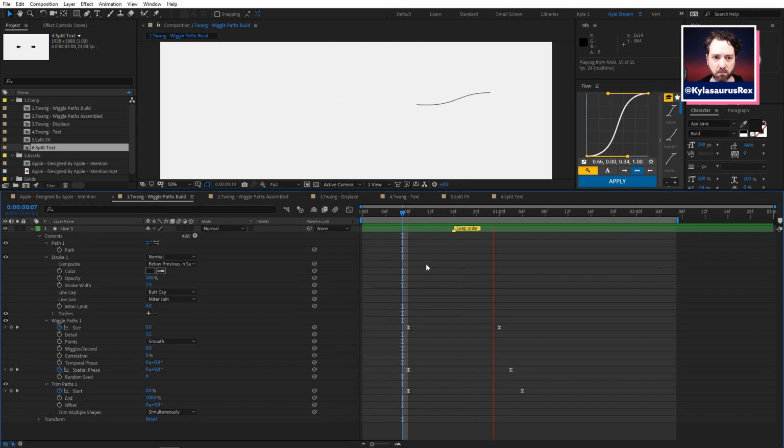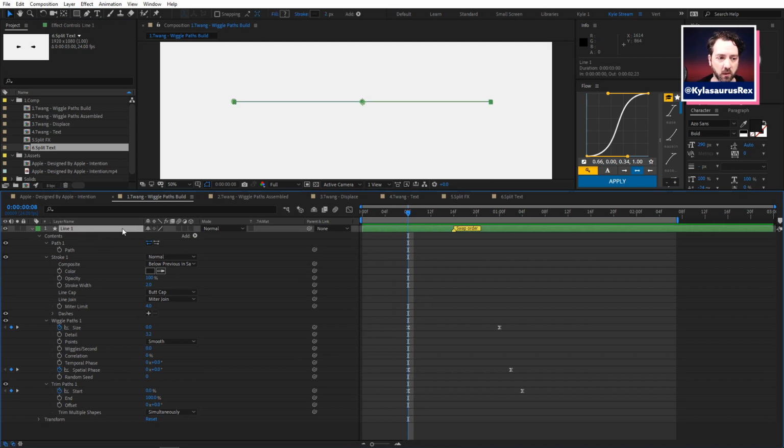I'll do a quick preview. Bing. Some of these have strengths and weaknesses, but if you're looking to do this procedurally, you're going to have to make some trade-offs sometimes. But it also means that if you need to do 40 lines like this, that becomes a lot easier than doing it by hand, which might be possible if you have 3 or 4.